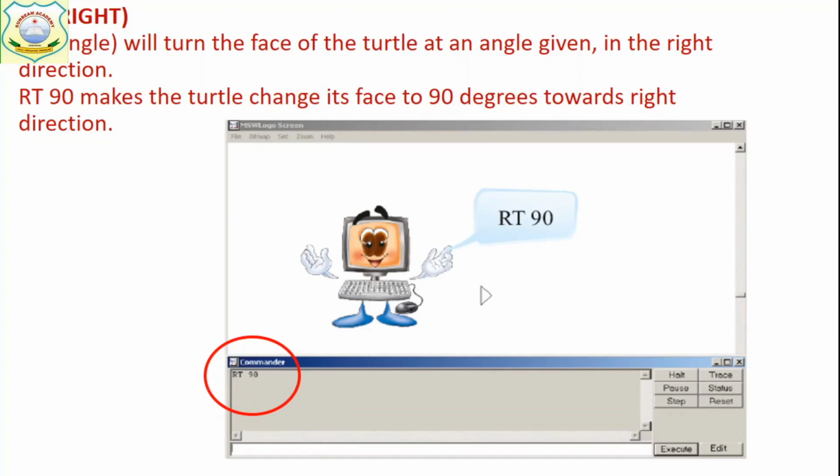ओके. तो here we are writing RT 90. What we have written? RT 90. ये क्या करेगा? It will change the turtle's face 90 degrees in which direction? Right direction. Okay. If I write LT 90, it will move the turtle 90 degrees in the left direction.